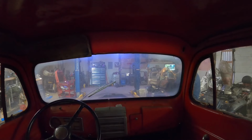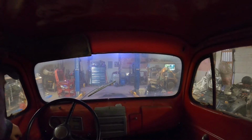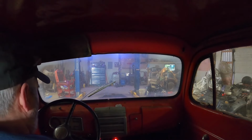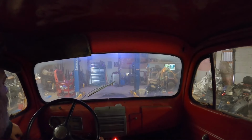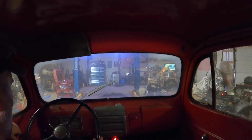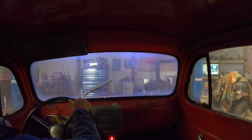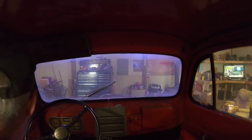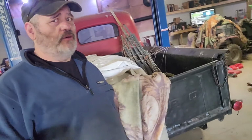Battery. That'll do. Well, we limped her in. Got a bunch of garbage in the back. Flat tires. Yeah, I don't know how old those tires are, but